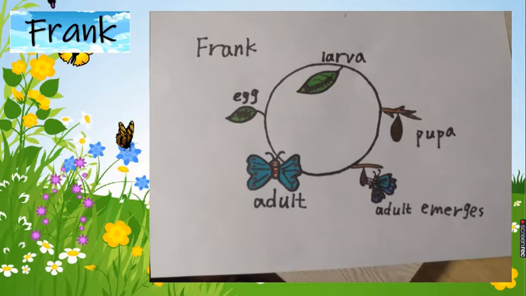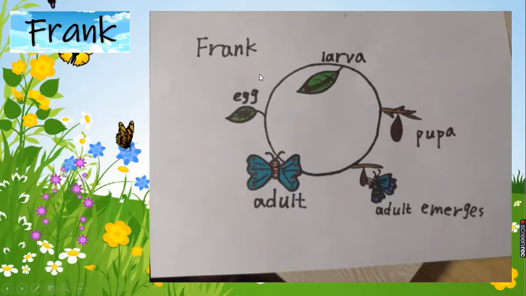And here's Frank's life cycle. Also a different style. Look at that. So he started with a nice perfect circle, because it goes into a cycle. And then he just hangs some different kind of